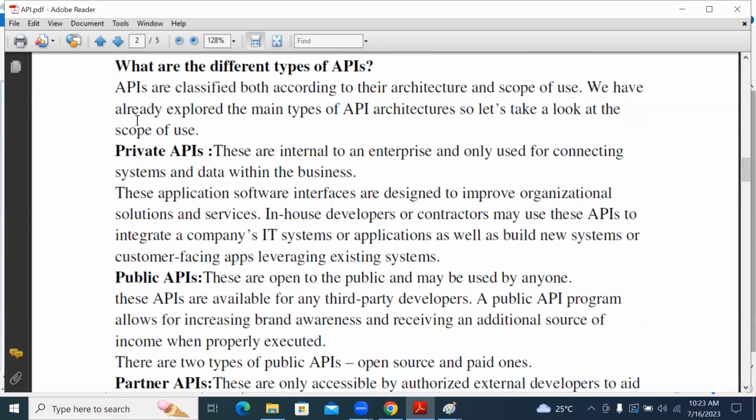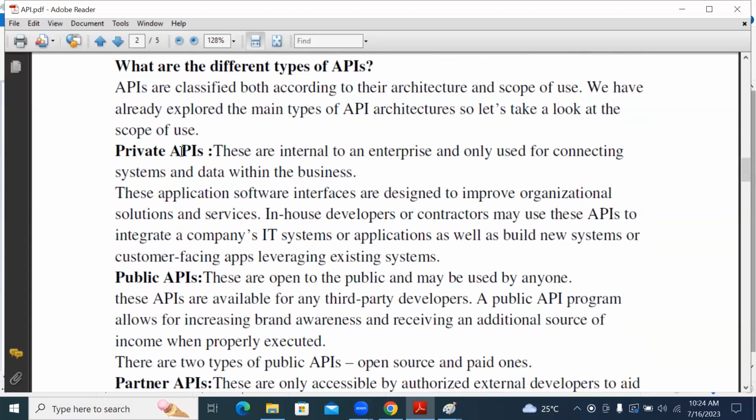The first one is private API. See the terminology itself; if we look into the terminology, we can understand private API. It is restricted to that particular organization, used internally, not externally.